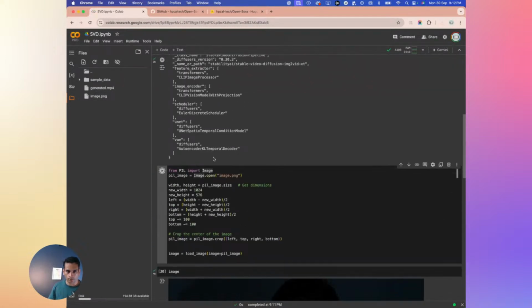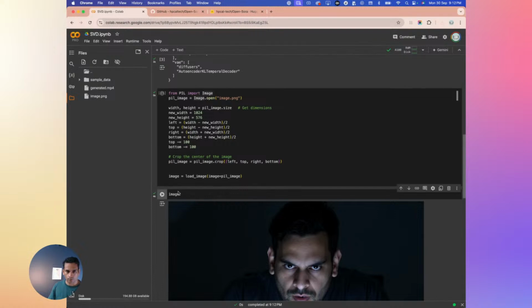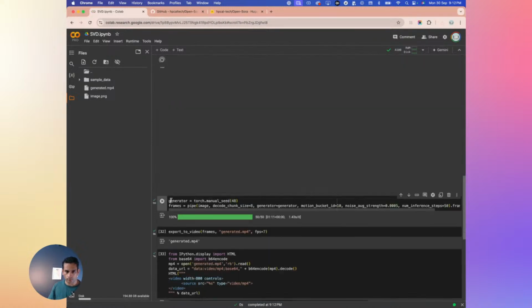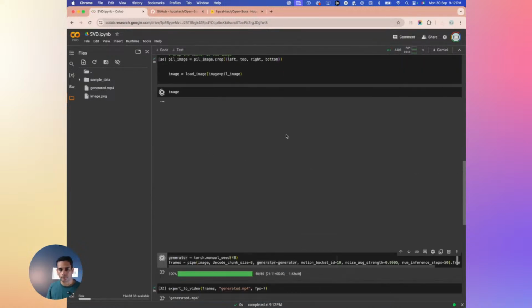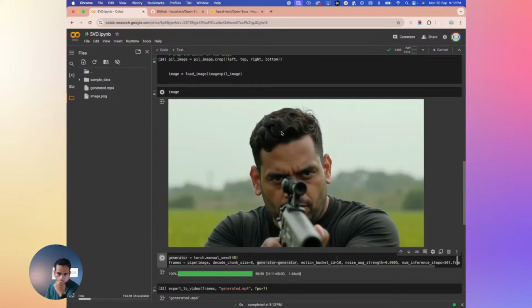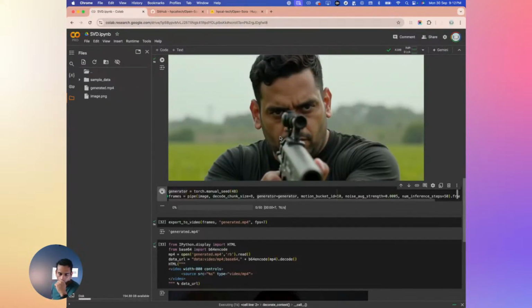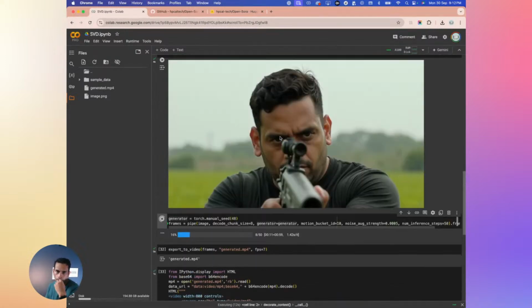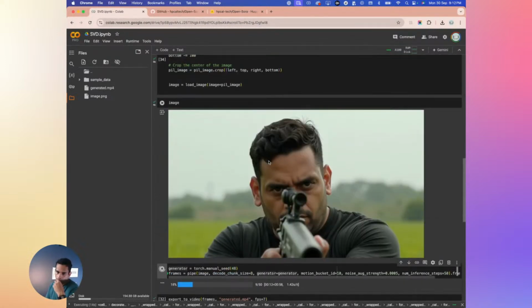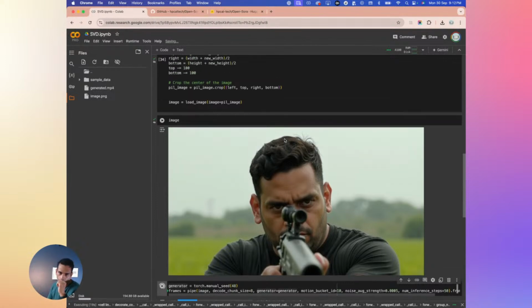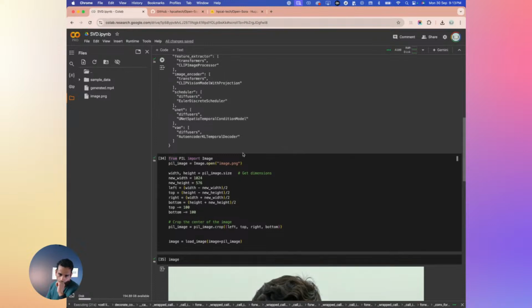Okay, let's load the image again. Now the image is loaded. Let's see how it looks. Meanwhile, we'll start the generation also. Looks fine. So I'm seeing that maybe our image cropping could be better because we are losing frames from everywhere. Maybe we should just scale the image a bit down. Or when generating,